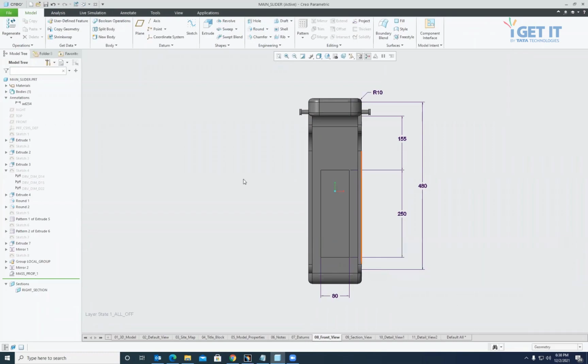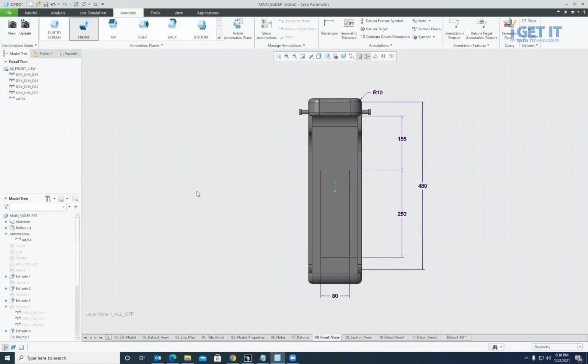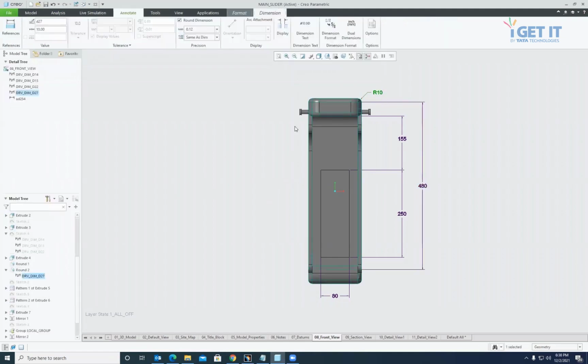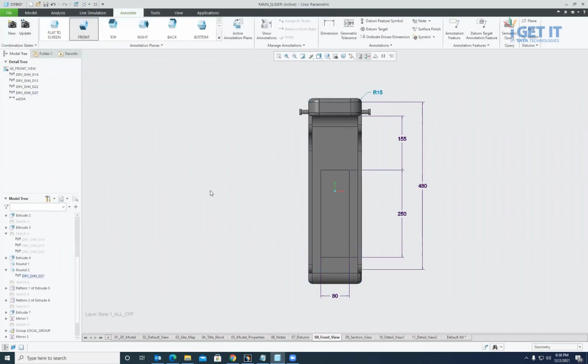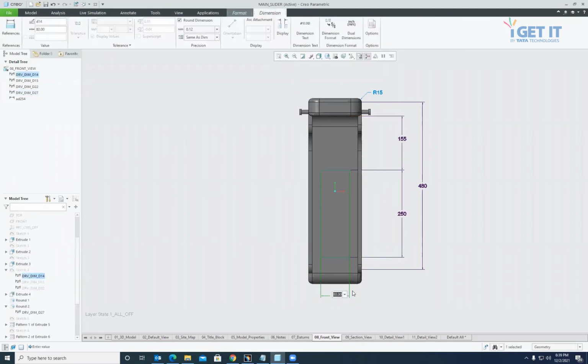Then what is the use of this driving annotation? Since it is coming from the model, if I pick it, from here I can change the value. Also, if I pick it from here and double click, I can change the value.